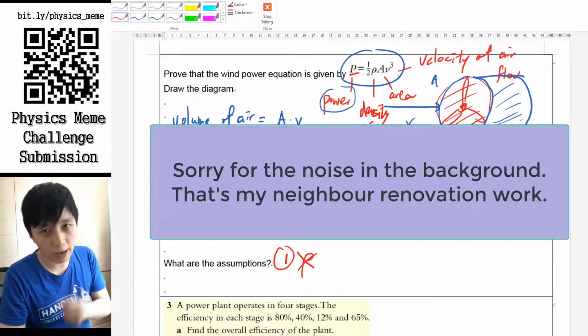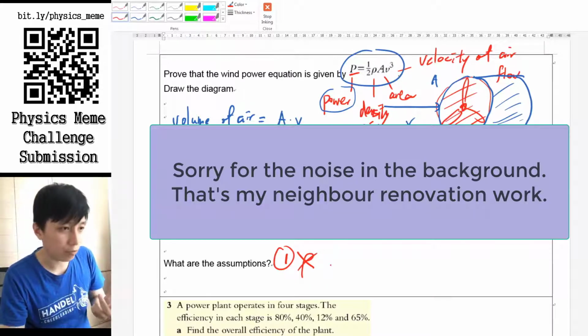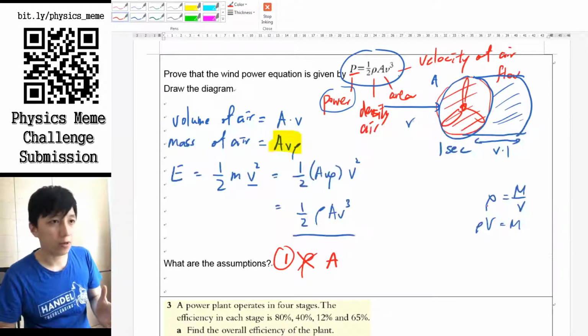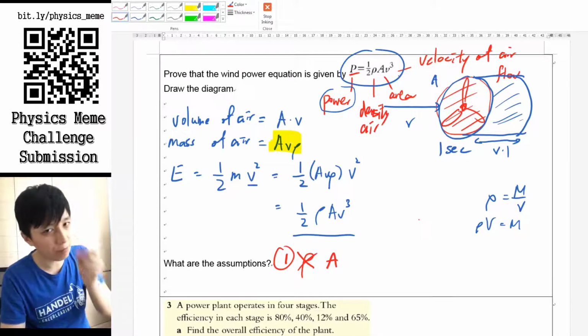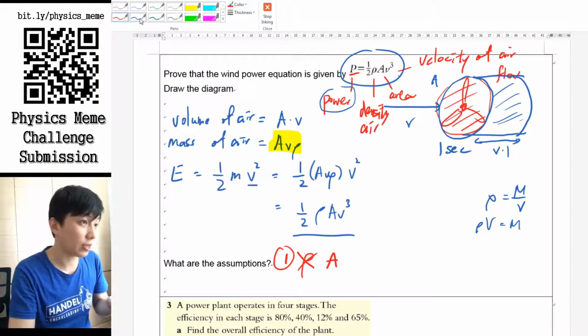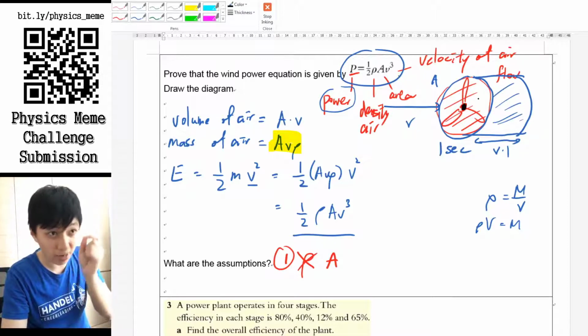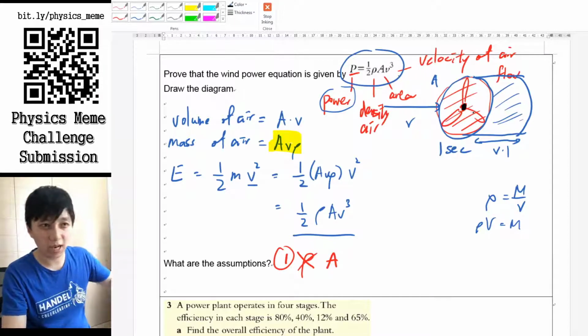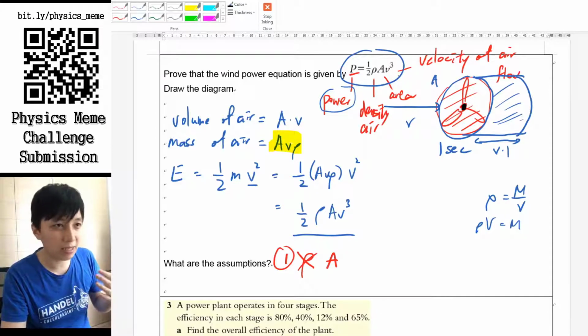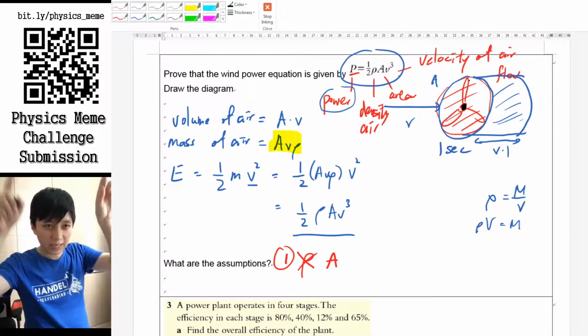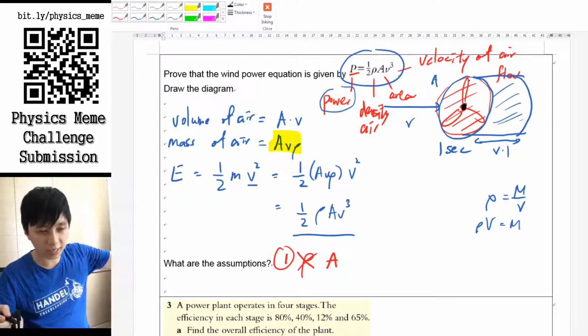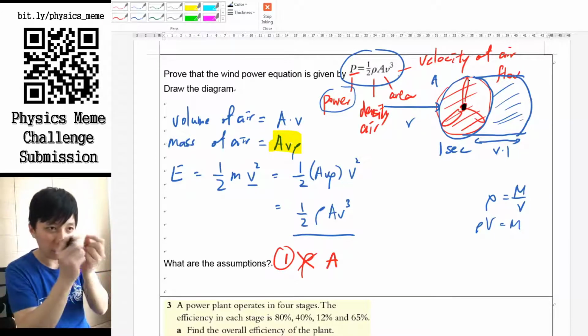The other assumption that I do agree with is the area. If you think about the turbine itself, the turbine must have a certain part that doesn't actually allow the wind or air to pass through. For example, I think everyone will agree that in the middle, this tiny middle part of the turbine, you can't get the air to go through it. You may still argue that the blade itself is moving, so the air can still move through it. But then for this tiny part,